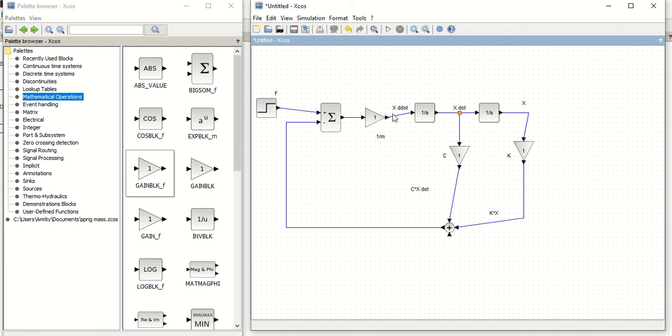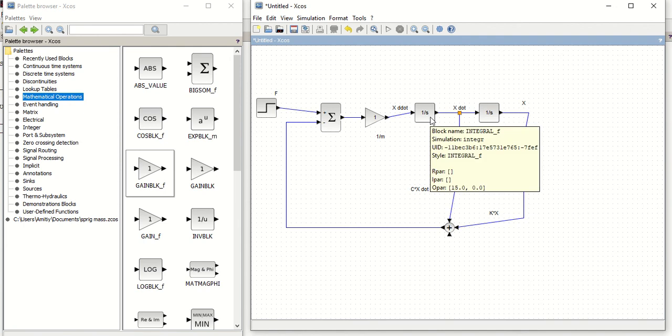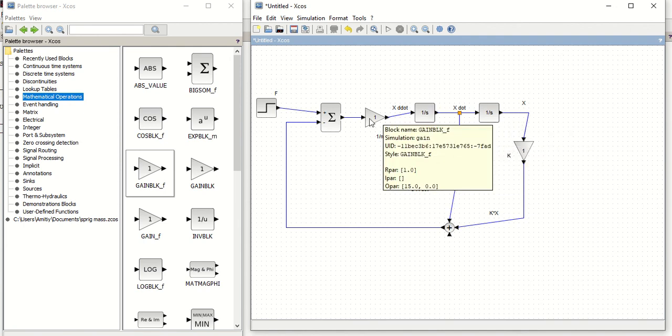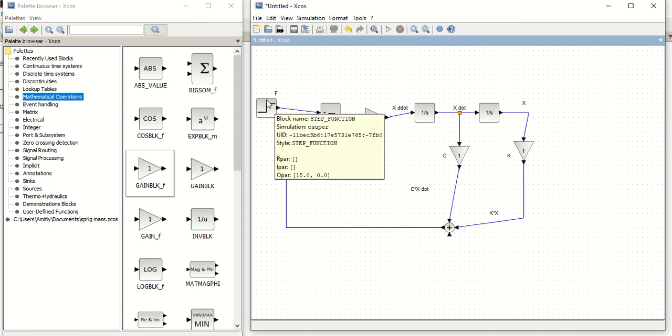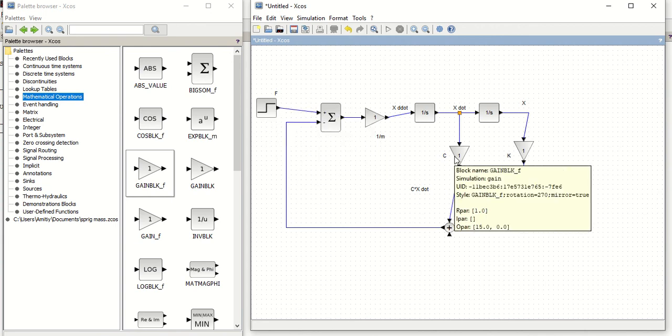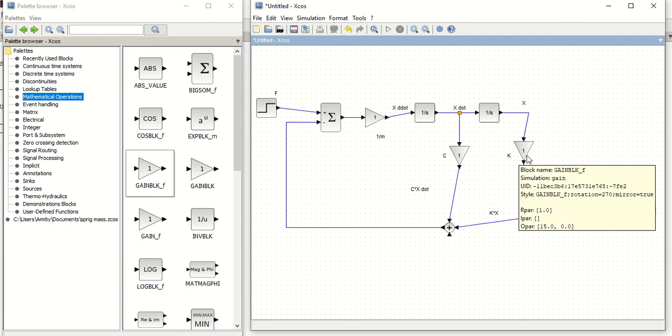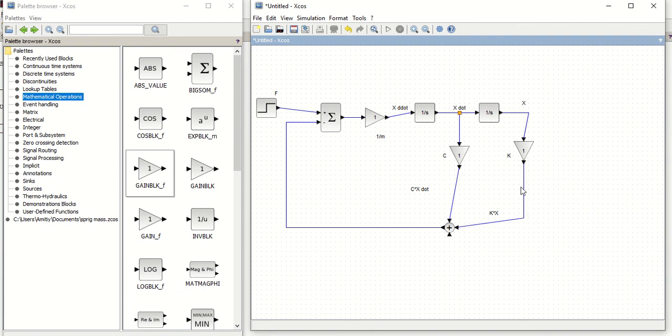We are having d2x by dt square is equal to 1 by m multiplied by f minus c dx by dt minus kx. Now here I want to see the output.